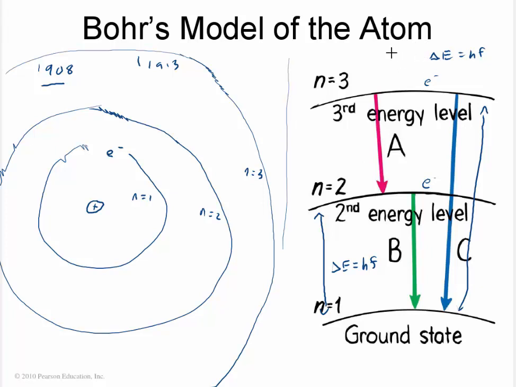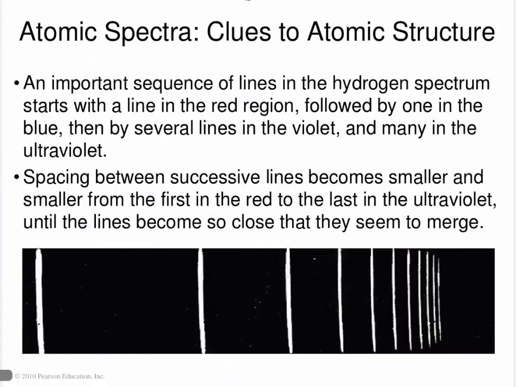Now, this particular model of the atom does explain why hydrogen can change the colors of the light that it interacts with, and why it can only put out certain colors. It's because these energy states are discrete. However, it doesn't explain why they have to live in there, and we'll talk about the wave nature of electrons to explain that. But something else that we kind of know is if we go ahead and we take a